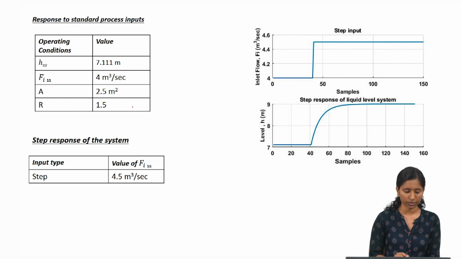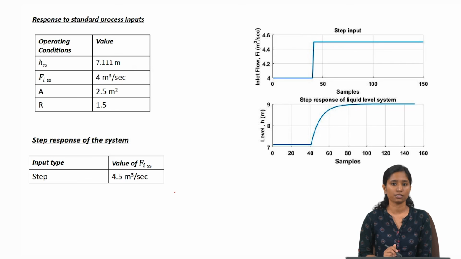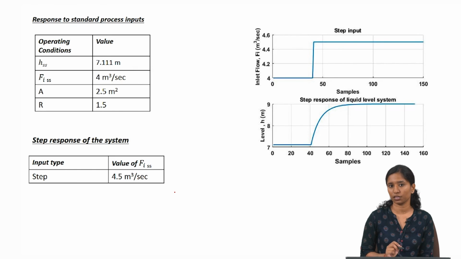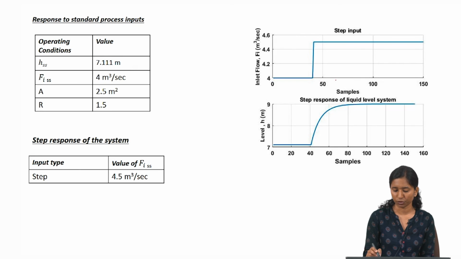So, the input is a step input and the value of the inflow rate is changed to 4.5 meter cube per second. From 4 meter cube per second, I have changed it to 4.5, and now let us look at how that has affected the height of the liquid within the tank. This figure denotes how the inflow rate changed at the 40th time instant. So, at the 40th time instant, I stepped up my inflow rate from 4 to 4.5,